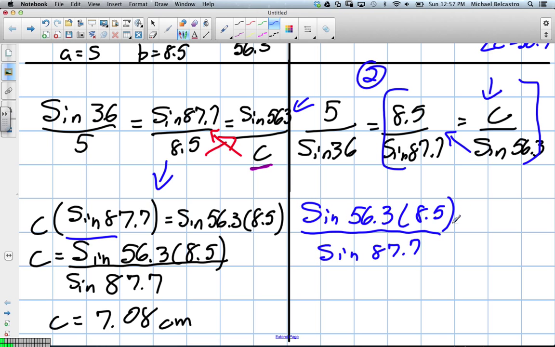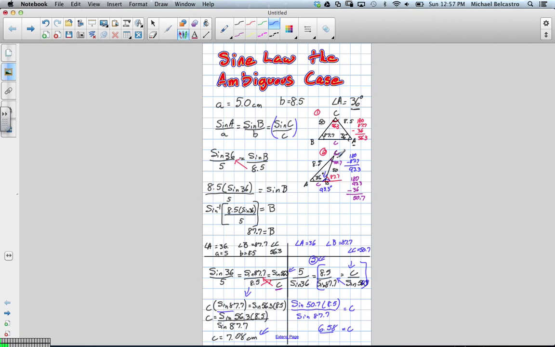Oh, sorry. I wrote the same angle value here, but this is a different triangle. Remember, this was 50.7. Make sure we get that right. Okay, because this was our triangle 2 we were talking about. So in this case, that'll give us a different measurement for side C. Did you get a value? 6.58. Yeah, that makes sense, right? This value is less than this one here because it's opposite an angle that is smaller than the other one in the ambiguous case. Okay, so quite a bit of work sometimes when going through